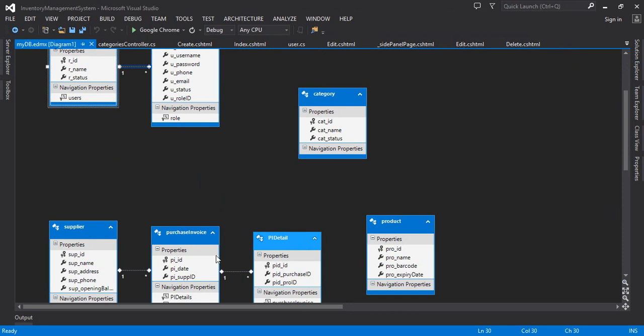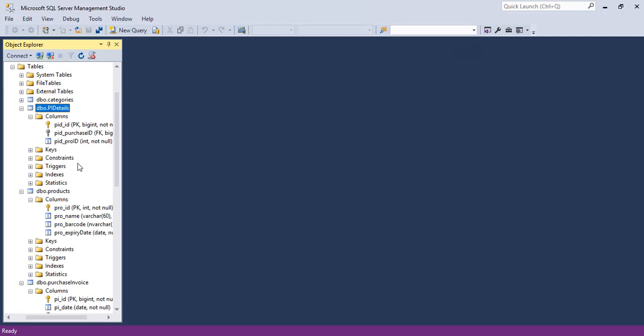So what we have to do, we have to go to our SQL. Now we have to create a relationship between the products and the purchase invoice details table, because we have the product ID here. So we have to make this a foreign key, because one product can repeat multiple times in the purchase invoice details table. So let us open this table, purchase invoice details, and click design,